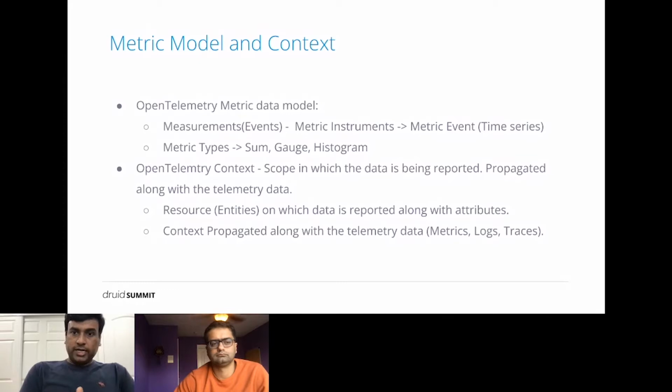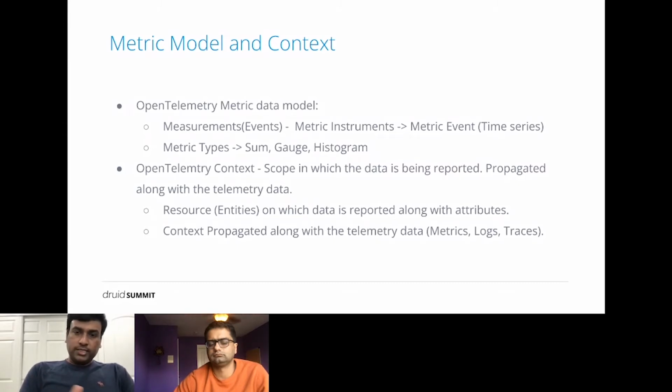Or it could also be like a temperature or a sensor. Those values are aggregated based on the type of metric instrumented. The values are computed into a metric event, which is time series in nature. Also, there's another concept of aggregation temporality here, where the metric event, when we compute, we also add some more context,